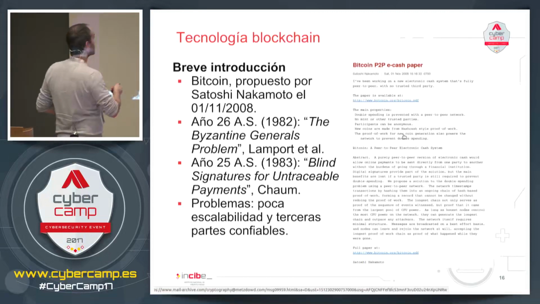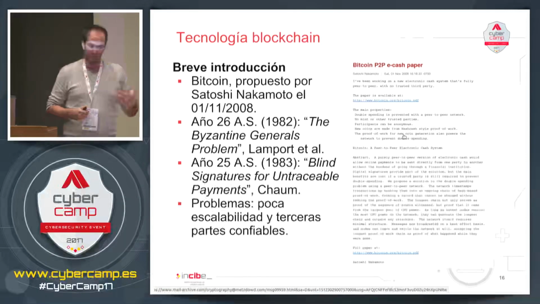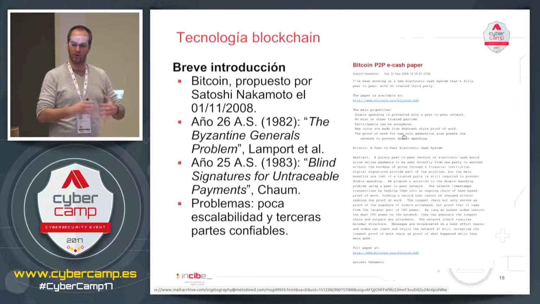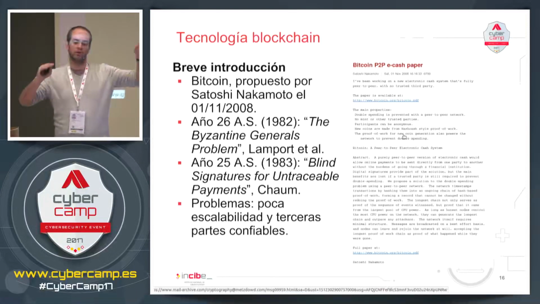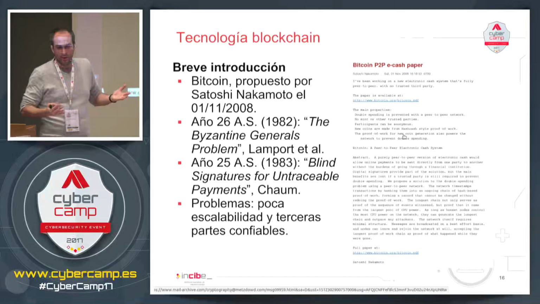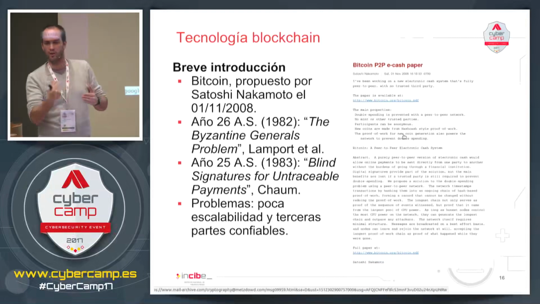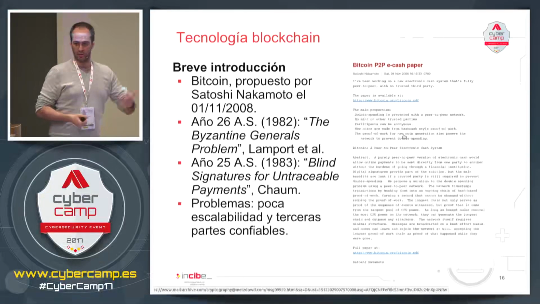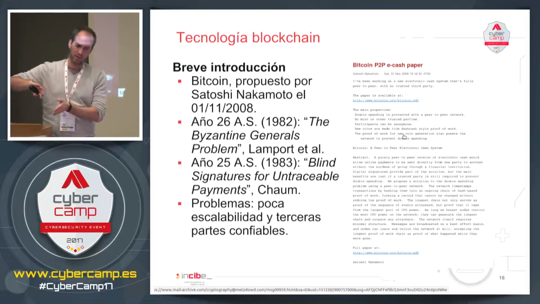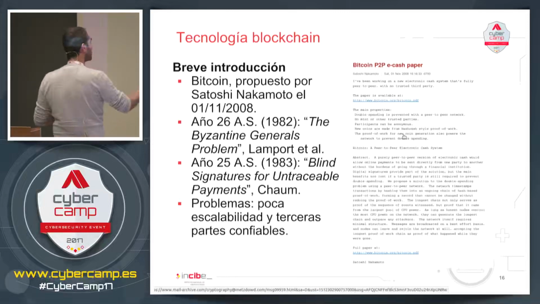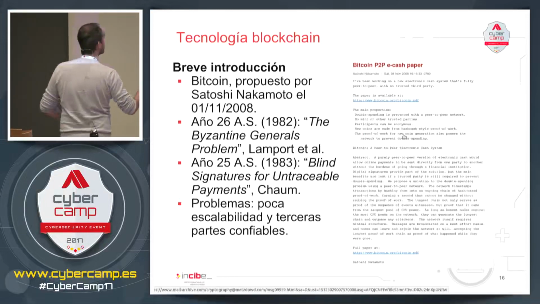Nobody's controlling what's being exchanged. This is the origin, but Bitcoin has many other antecessors. There's no central authority that maintains the global status of the database, where we indicate how much money is in every pocket. If there's an authority, it's easy to know how much money a person has. The authority will say this person has this amount of money, but you have to trust this central authority. But Bitcoin is a variant of that. There's no central authority, and it's possible to have a record of how much money is in the hands of these people. But these problems were studied for many years.